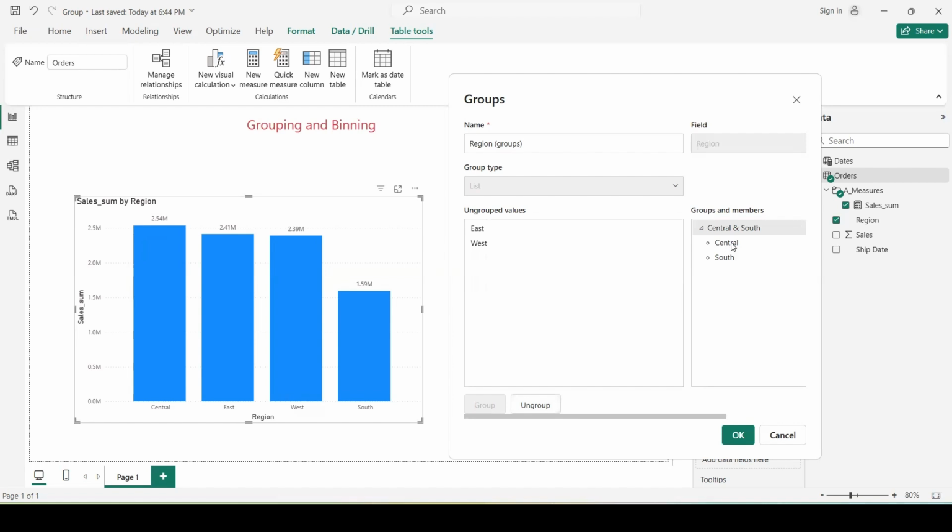If somehow we want to change this, we can easily do it. We just need to say what region we want to exclude, to take it out. Let's say that we want to replace south with west. In that case, we click on south, click on ungroup, and then click on west, press the Ctrl key, click on central, the name of the group already created, and then click group. And as you can see, we have west along with central. If we click OK,